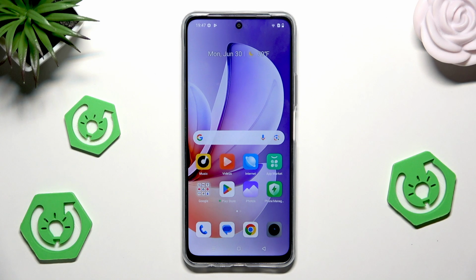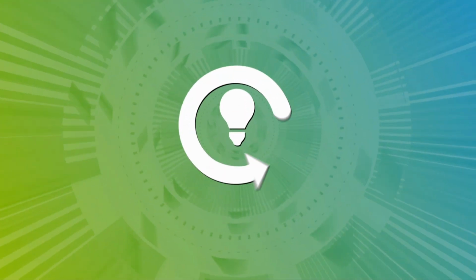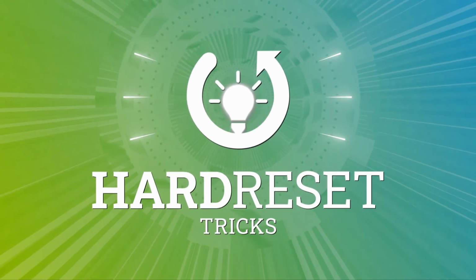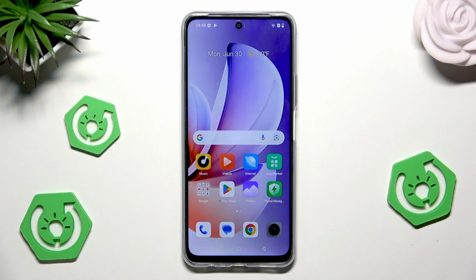Hello, in this video I'm going to show you the speed up tricks on the REALME C71. Okay, so let's begin. As a first thing, I'll show you some hidden things that we can change in the